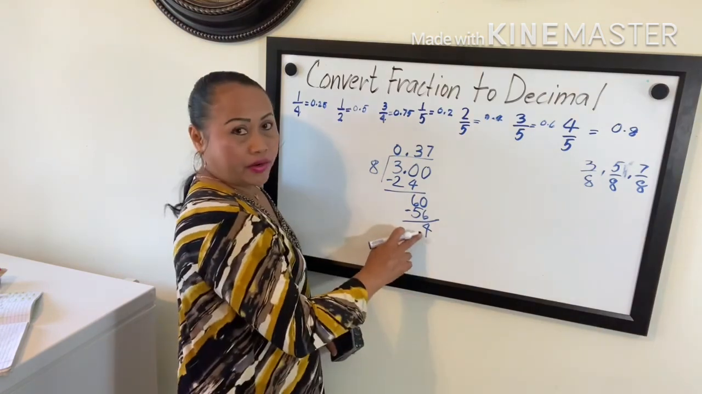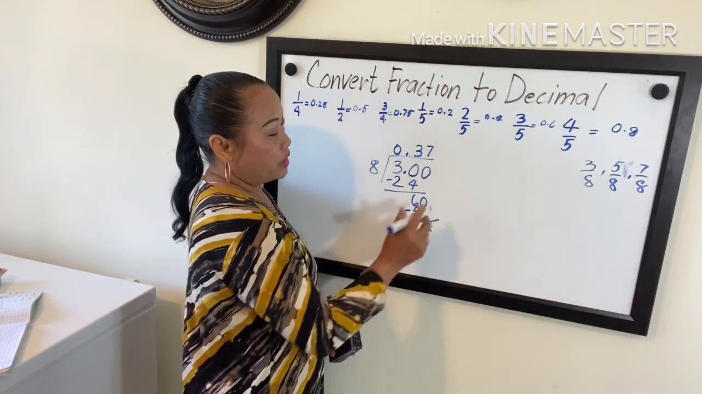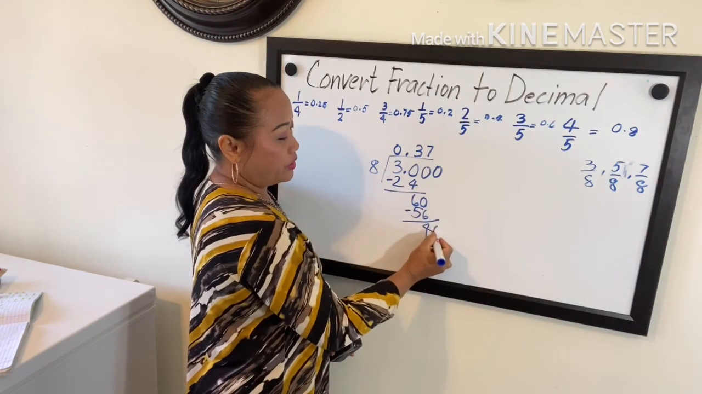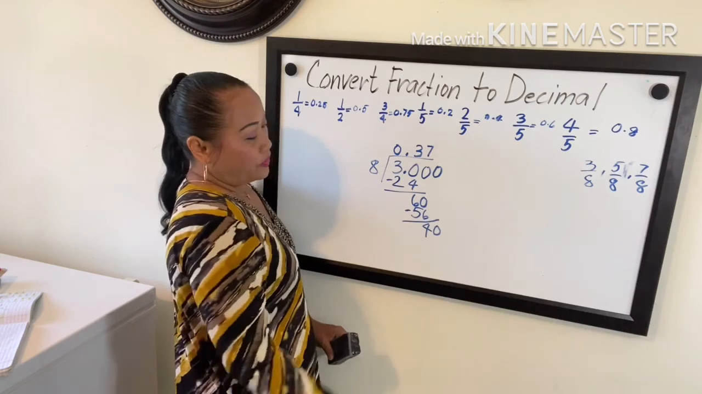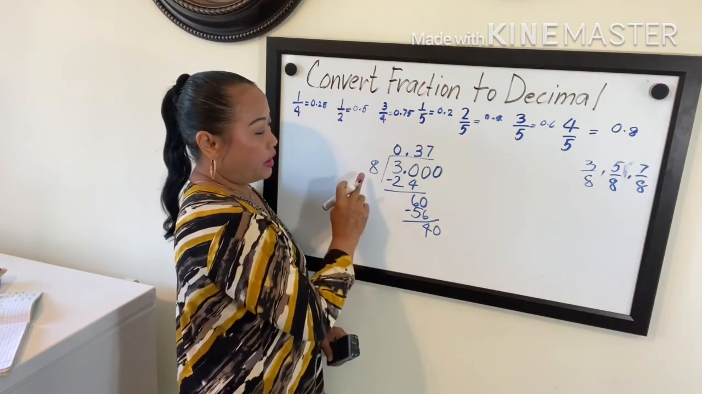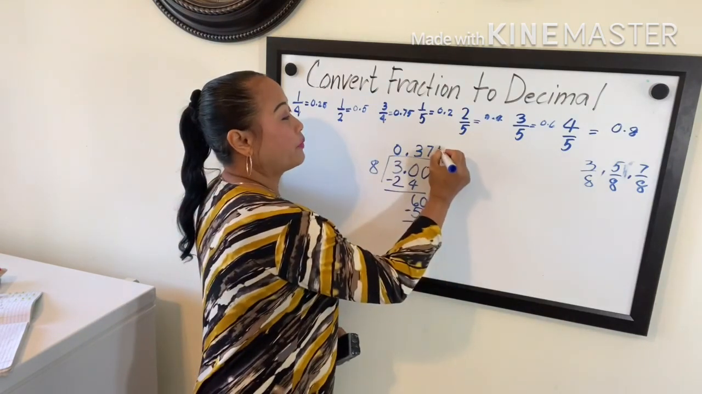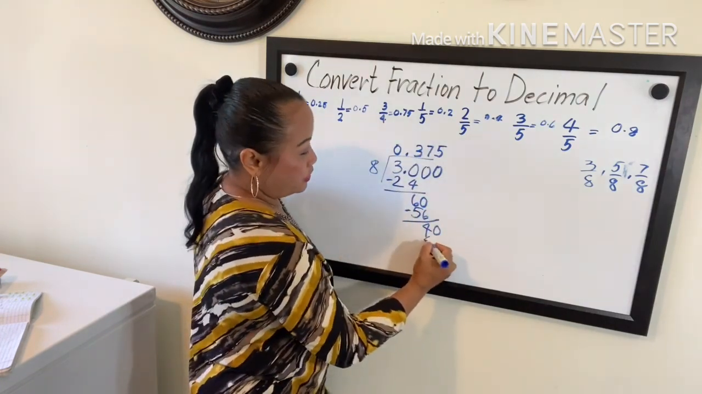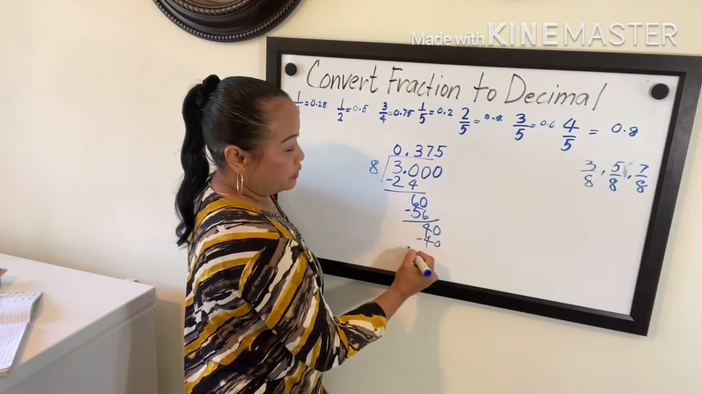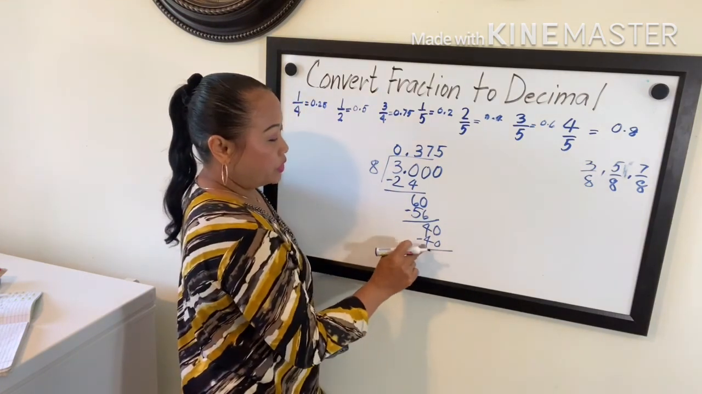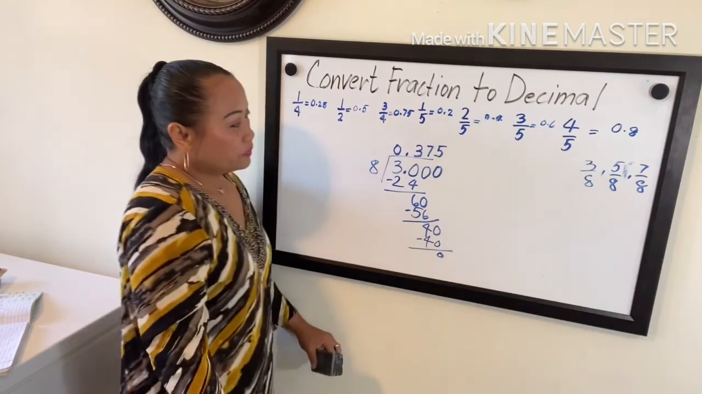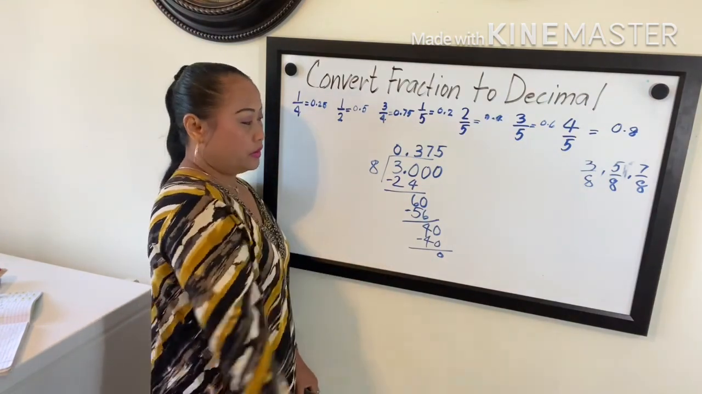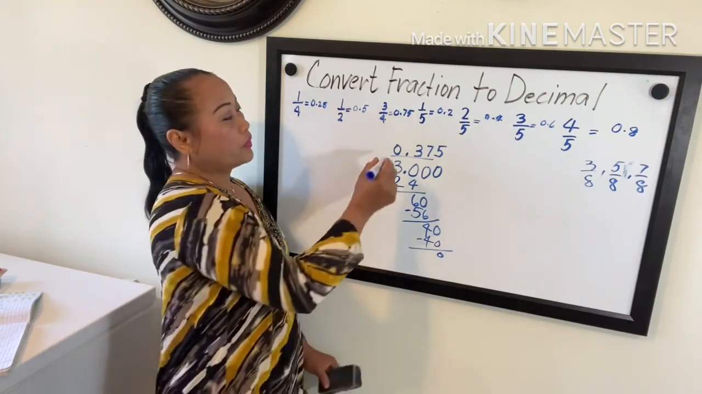Now we have a remainder again. So we have to add 0 here, then bring it down. Now 40 divided by 8 is 5. Then 5 times 8 is 40. Now we will subtract. 40 minus 40 is 0. So now we don't have a remainder. Our answer is